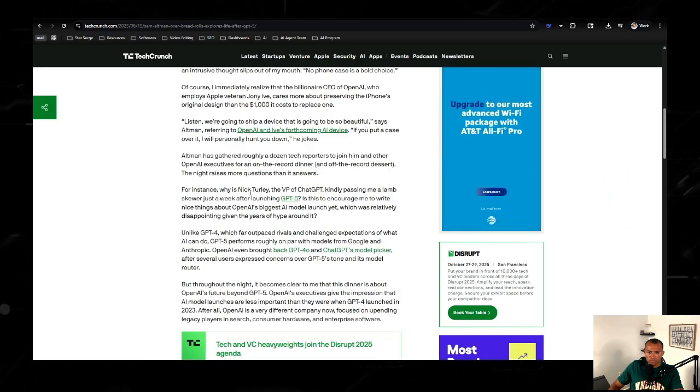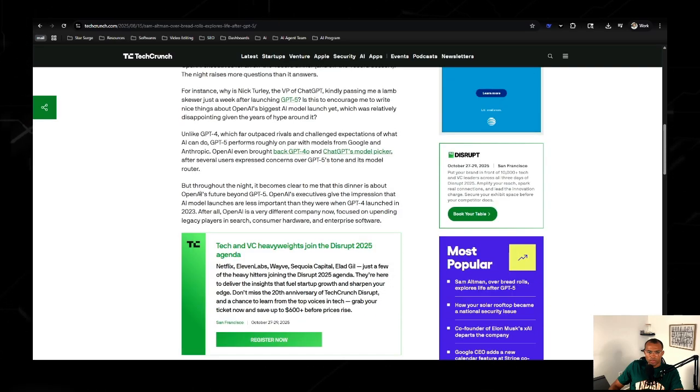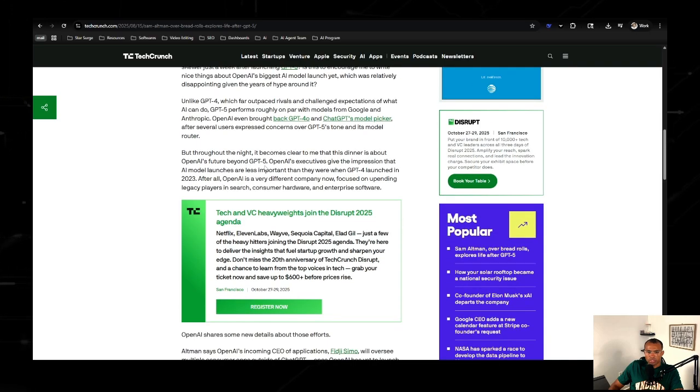For instance, why is Nick Turley, the VP of ChatGPT, kindly passing me a lamb skewer? But throughout the night, it becomes clear to me that the dinner is about OpenAI's future beyond GPT-5. OpenAI's executives give the impression that AI model launches are less important than they were when GPT-4 launched in 2023. After all, OpenAI is a very different company now, focusing on upending legacy players in search, consumer, hardware, and enterprise